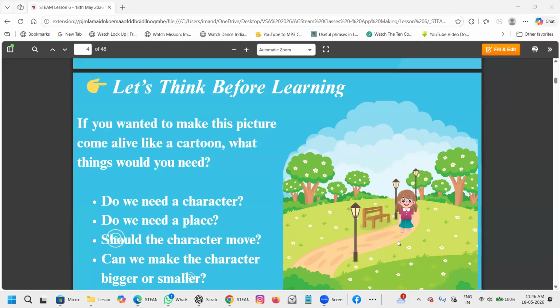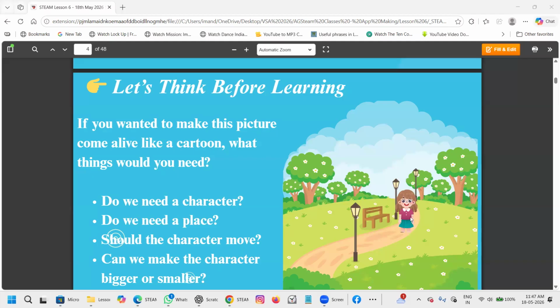Yeah, this picture depicts a greenery space with some leafy trees, and there is a girl standing, and behind her is blank. Behind is nothing there. She's all alone in the park. Okay, yes, you like the place. So, do you think that you need a place to put the character, to put the sprite?